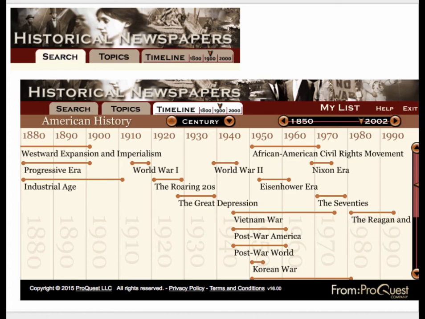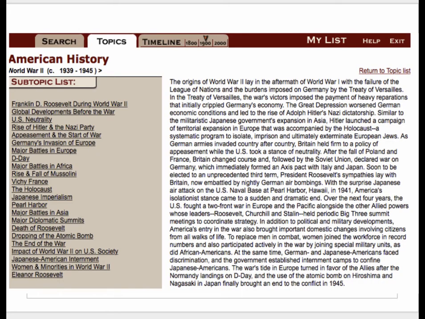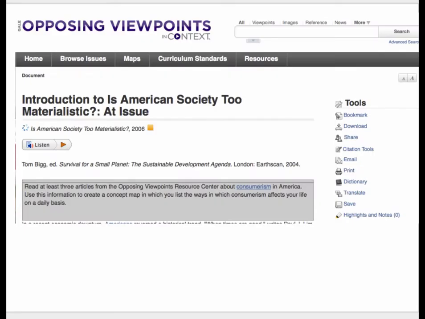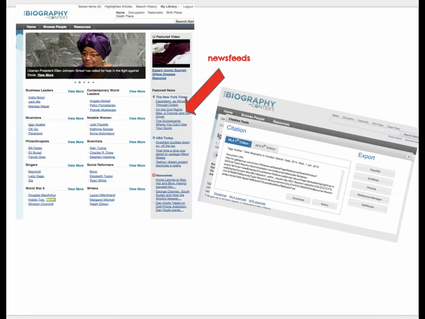There is an obituary search, the date of birth search, and there's great little essays that create context around a subject. You'll find in the ABC Clio products and many others fabulous primary sources that can be used for AP US history and across the board for analysis. You'll also find that there are suggested activities and tools. This one has to do with debate.